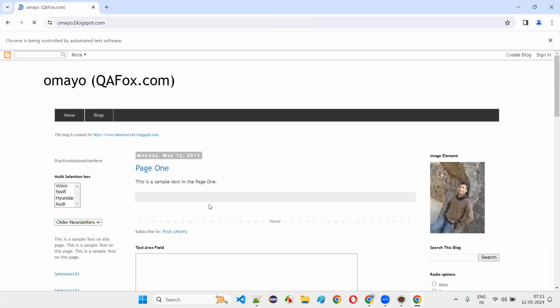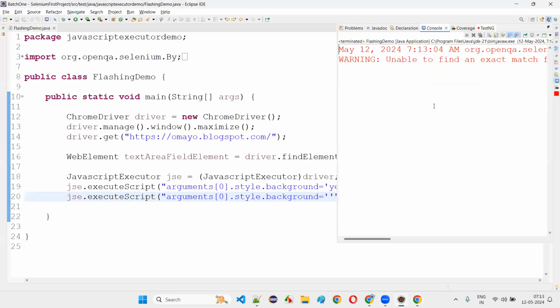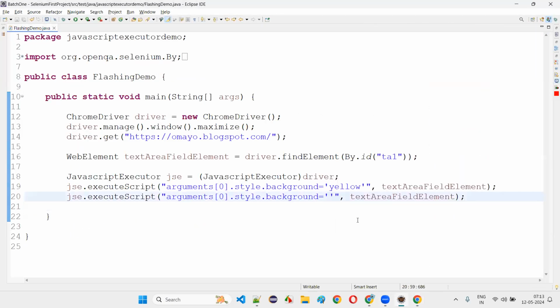Just observe the text area field, guys. Observe whether it is getting flashed or not once the page loads. Just focus on the text area field. I didn't see much. Right? Okay, then